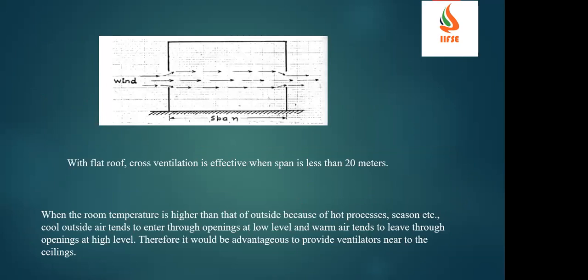I will show some of the proofs and also some of the ventilation systems which are suitable for which kind of atmosphere. You see here the span of this building. Assume the span of the building is 20 meters. Here, with a flat roof, cross ventilation is effective when the span is less than 20 meters. Cross ventilation means, if you assume this is the east side and the other side is the west, where you are giving the openings,